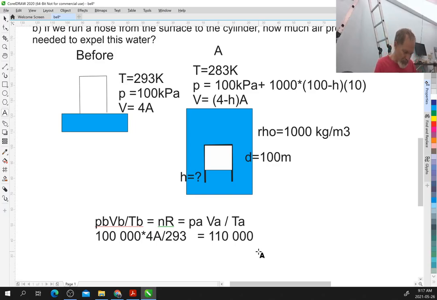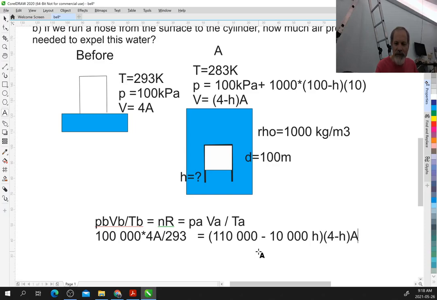Plus, I'm multiplying this out, that's what I'm trying to do right now. Oh, minus, sorry, minus 1,000 H times 10, which means 10,000 H, right? Okay, there's my pressure. I now have my volume, which is 4 minus H times A. And we're going to have to divide it again by the temperature,